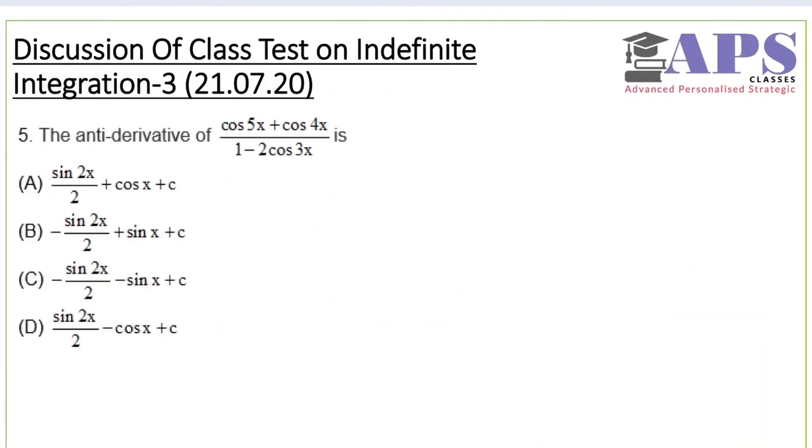In this question, we have to find the antiderivative of this, which is integration of this with respect to x. So before that, we have to simplify this trigonometric expression. It can be done in many ways. Here I am trying to do it in this way. I am going to multiply the numerator by cos of 3x by 2, and the denominator also by cos of 3x by 2.